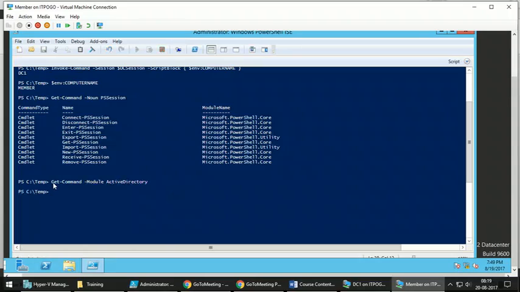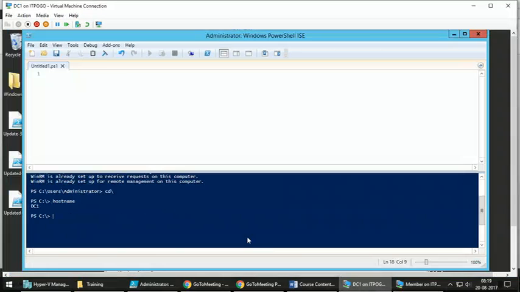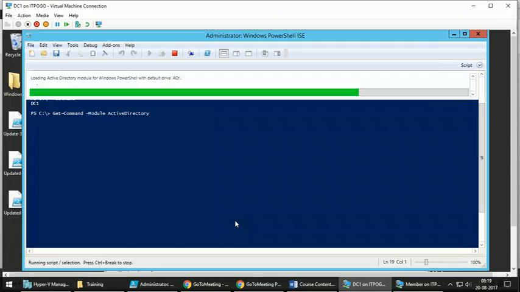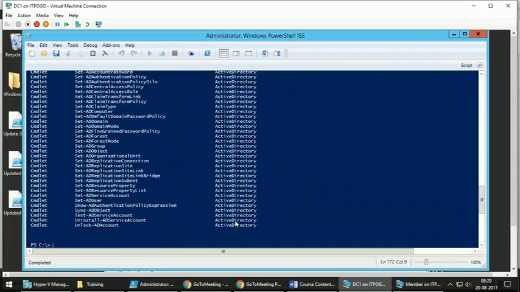But if I run this command on a domain controller, I will get all the commands related to Active Directory listed here, because this is a domain controller.